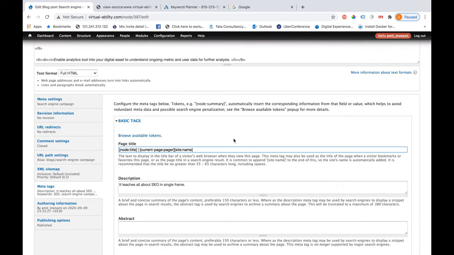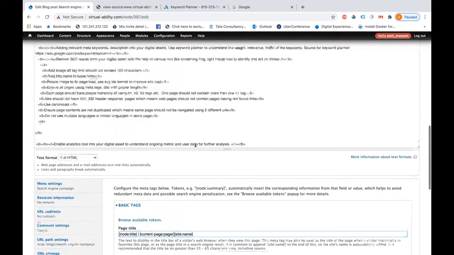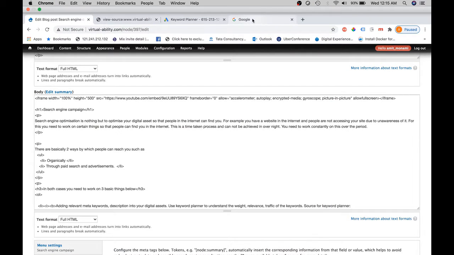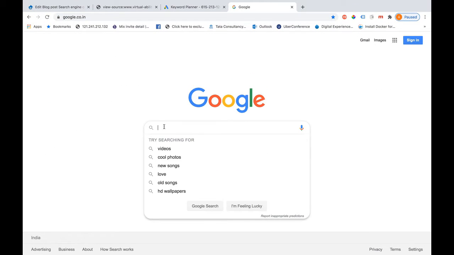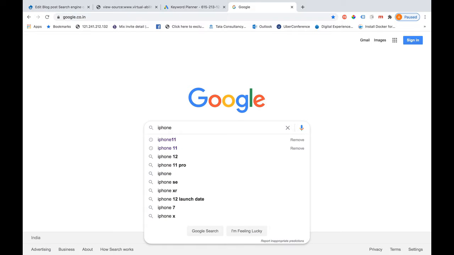The different search engines, for example Google, Bing, have a lot of properties. Based on that, they search the content titles across the world wide web, okay. If I give you an example, it would be easy for you to understand the significance of using the right keyword. So I am in the Google search bar. Now if some user is going to search for a particular iPhone, he will write the iPhone version which he wants to buy.